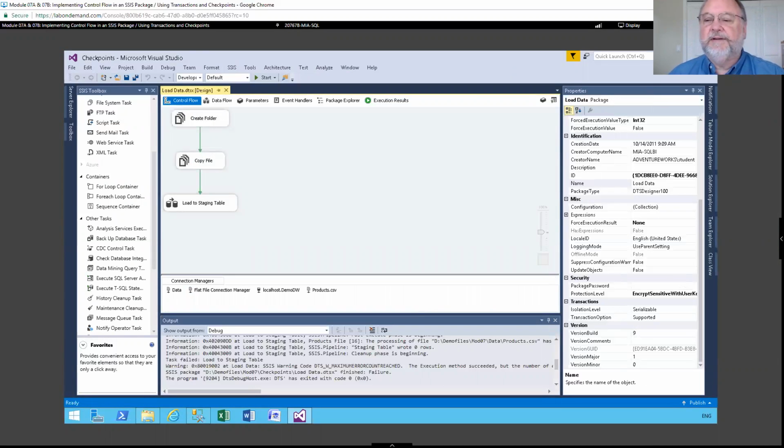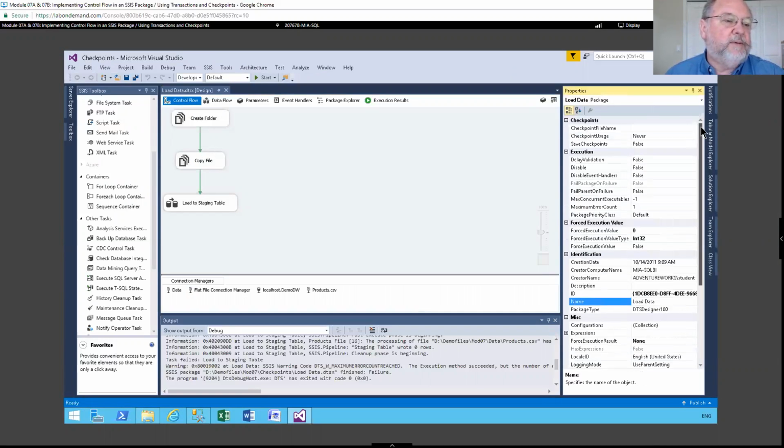And now let's take a look at our checkpoint stuff here. For this package, I can come over here to the properties and look at my 3 settings: checkpoint file name, checkpoint usage, and save checkpoints. So let's first of all set save checkpoints to true. We're going to set checkpoint usage to if exists. And we're going to set the checkpoint file name to